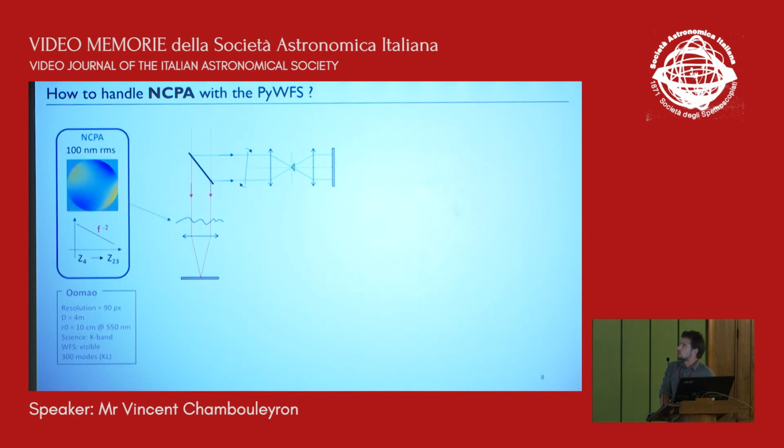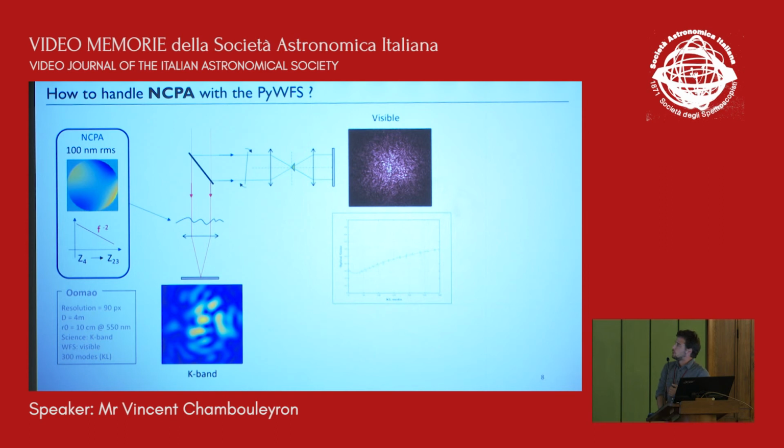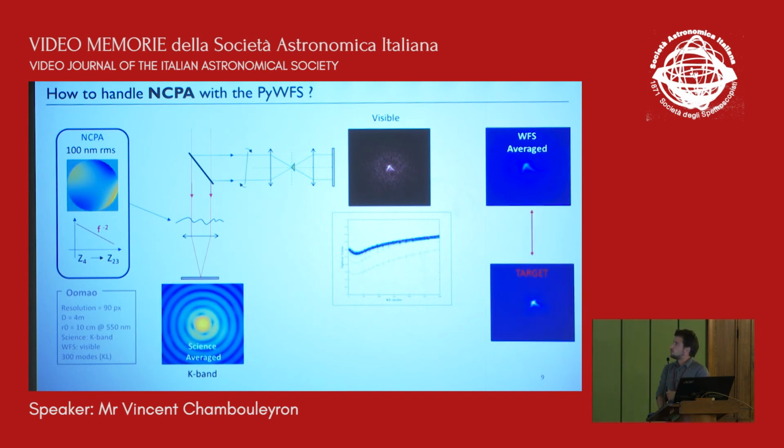Okay, so if we do a simulation, the parameters of this simulation are not really a big deal. It's just to show you that if you try to compensate the NCPA with the wavefront sensor, and I guess a lot of you tried that in simulation or even on sky, if you try to aim for a given reference on your wavefront sensor, because of the optical gains, in the end you push too much. So you converge towards the wrong reference, and that's of course a problem.